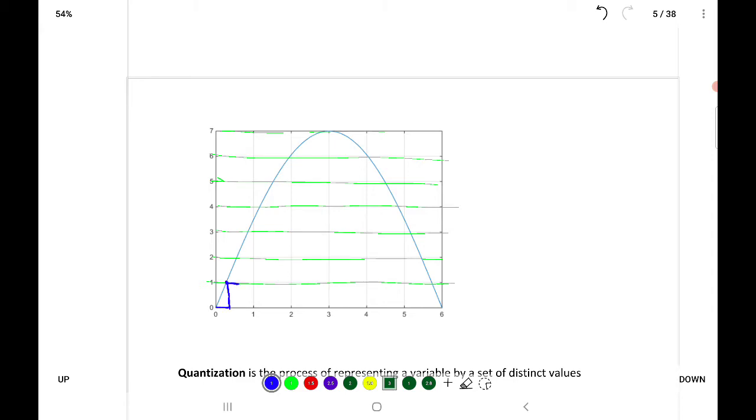And 1 will continue till level 2 appears, then it will jump to level 2. And then it will continue till the other level. You see? So now the amplitude of the signal between 0 and whatever the time here stays at 0. And then when the other level appears here, 1, it will jump to 1